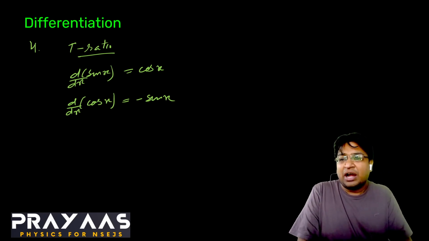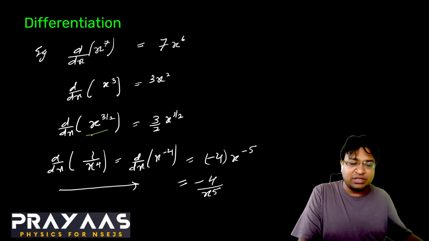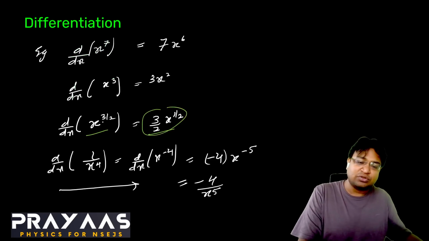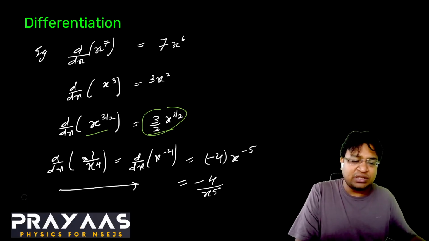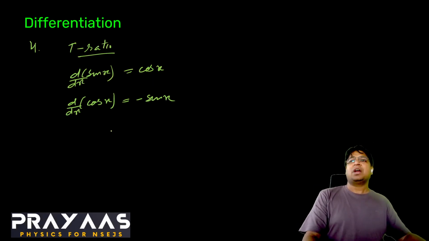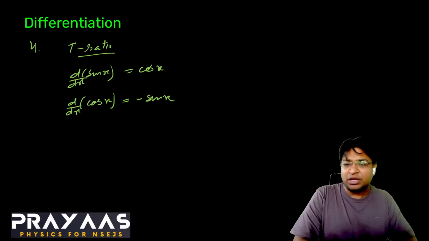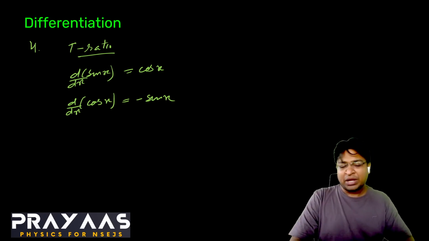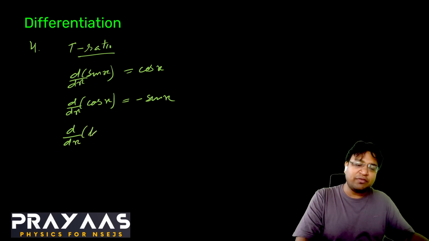If you're thinking like this, who said that the result needs to be symmetric? I never said that if you differentiate this and you get this, then if you differentiate that, you should get back the first one. What is the logic here? No one said that. We are yet learning, and there's nothing like this. I never told you that if you differentiate A and you get B, then differentiating B will give you A. So don't give this argument. How come we know these things? Our mathematician friends have given us this formula, and they've asked us to use it, and we are doing that. So continuing, d by dx of tan x,